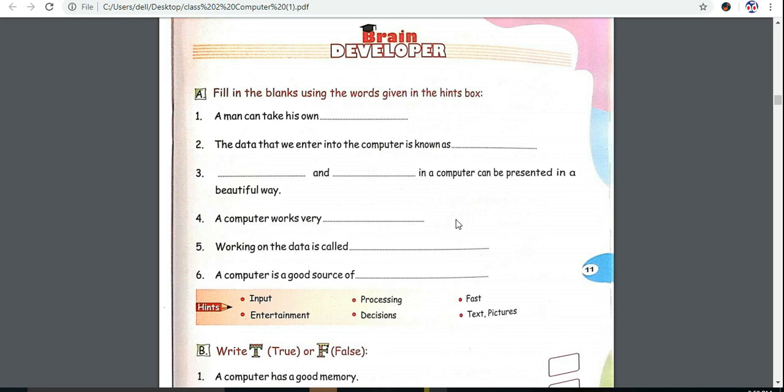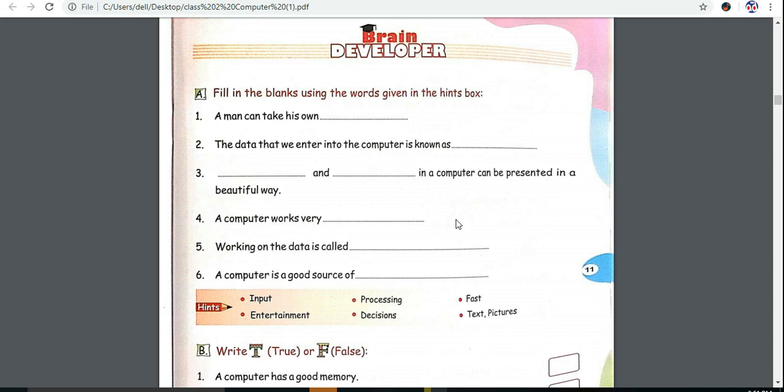Till now we have studied uses of computer, difference between man and computer, working cycle of computer, input, output and process devices. Now working of computer with an example. At the last, after finishing all these topics, we have started our book exercise. In that, today we are going to cover the filling the blanks.